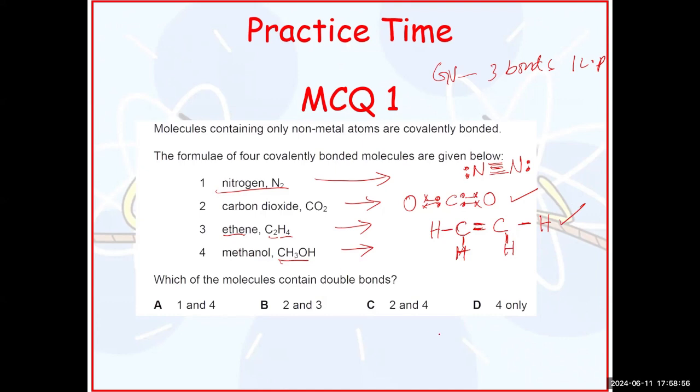Methanol is CH3OH, C with 3 H, and then it has another O, and then O has H. Now oxygen can form 2 bonds. That is why 1 bond here and 1 bond here. So these are single bonds. Hydrogen can make 1 bond only. So you can see there is no double bond in this structure. So B should have been the answer. It tells me that you need more practice with past papers as well as with the structures. The structures are weak. So the homework I'll be giving you for vacation will have some structures.